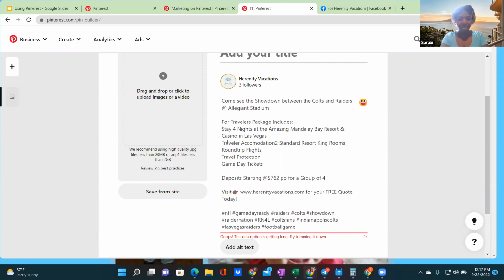Accommodations. I feel like I'm not spelling that right. Is that right? Yeah. Round trip flights. And then travel, I'll change that to package includes